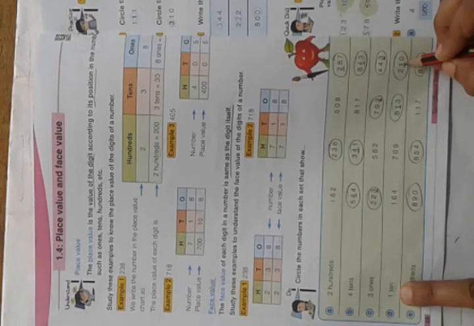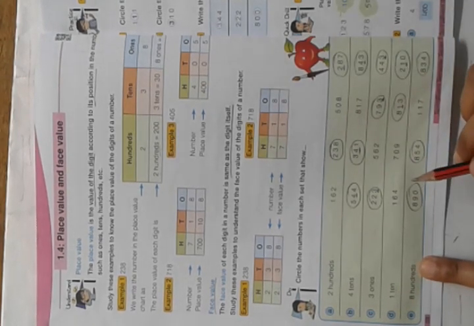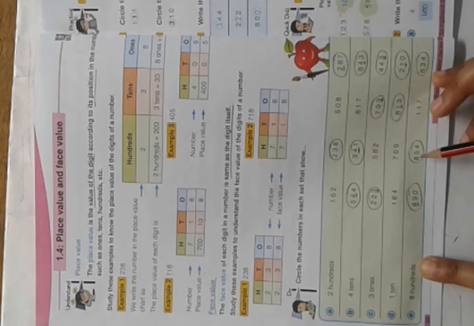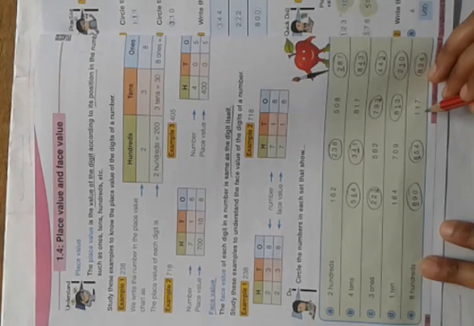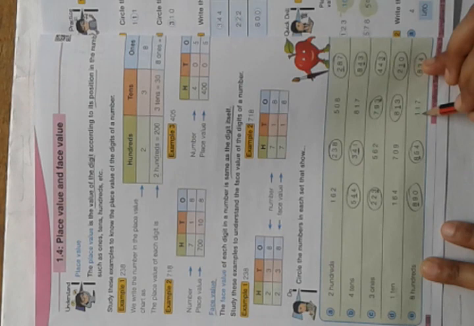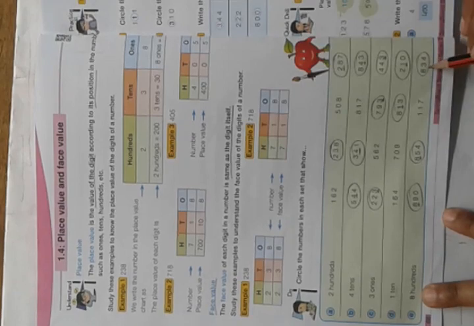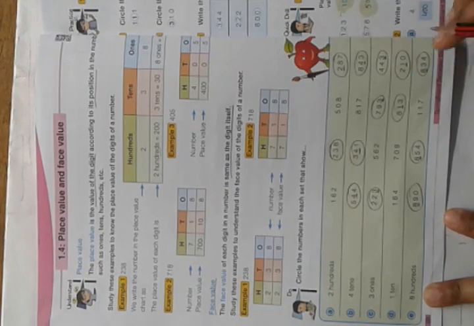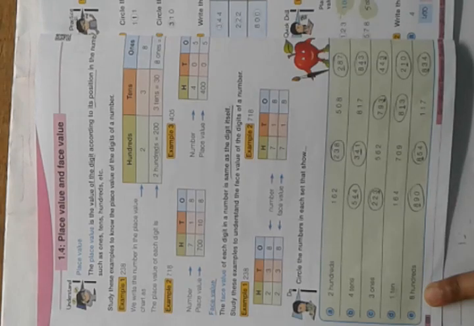210. 110. Okay. Next, 800s means in the hundreds place the number 8 should be there. Okay. So 890. Circle this number. 854. Circle this number also. This is 100. We should not circle this number, because in the hundreds column 1 is there. Its value will be 100. We have to circle 800s. So next number, 834. So 8 in the hundreds column, its value will be 800. So circle this number. Okay students.